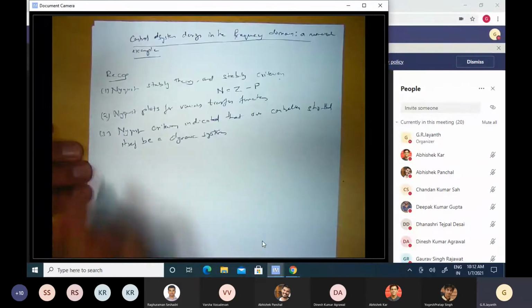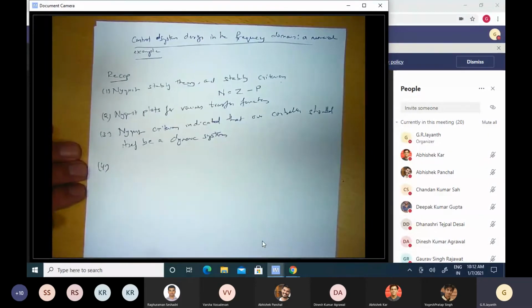Okay, then the last point was that we noticed that the Nyquist plots of most transfer functions are not simple looking curves. So except perhaps for the first order system where it looked like a nice semicircle, for practically every other system, it is some weird curve which is not recognizable as something that is popular and common. It's not a spiral, it's not a circle, it's not an ellipse, it's not a straight line, etc. So that was one problem with the Nyquist plot of any transfer function.